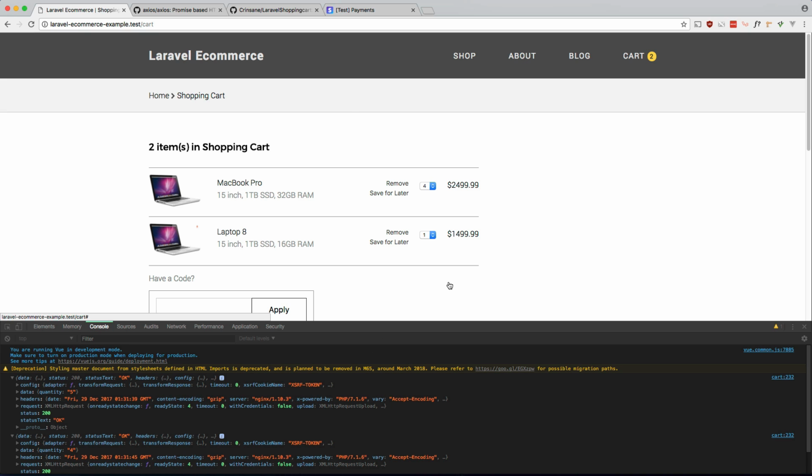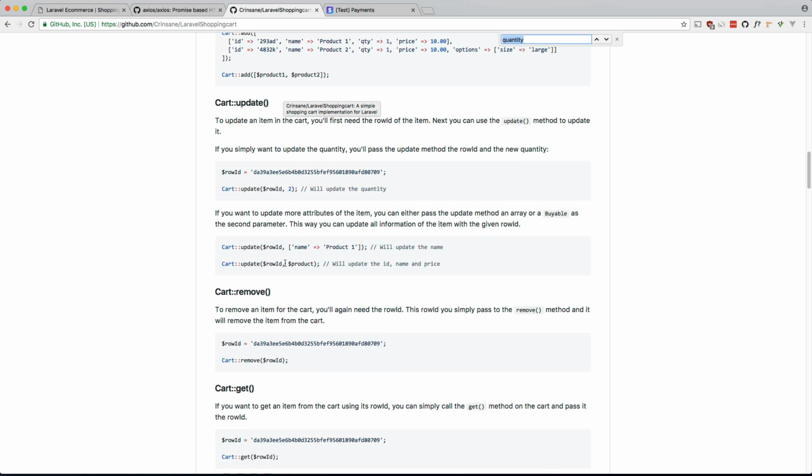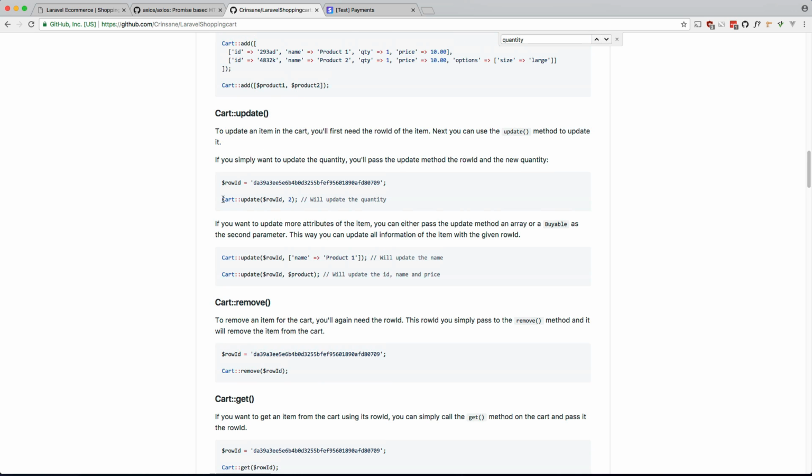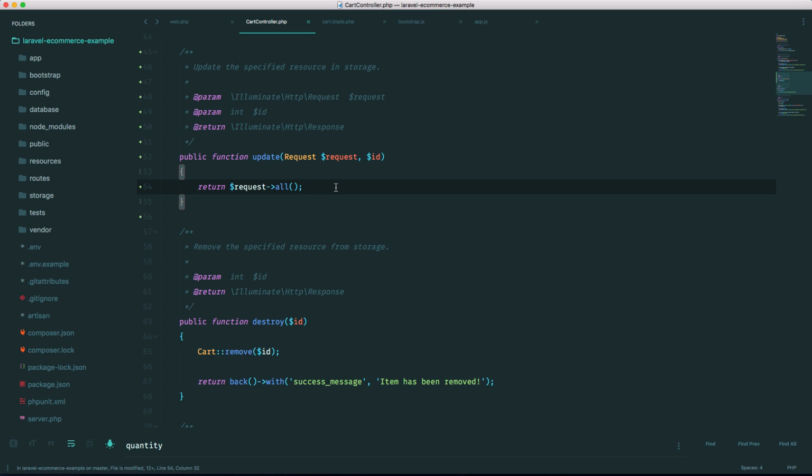Awesome. So now let's work on actually updating the quantity in our backend. So if you go back to our cart package here, you can see that to update, all we have to do is call cart update, give it the ID and the quantity. So let's go ahead and do that. So back to our controller. We don't need this. Cart update. The row ID is the ID that we're passing in. And the quantity is